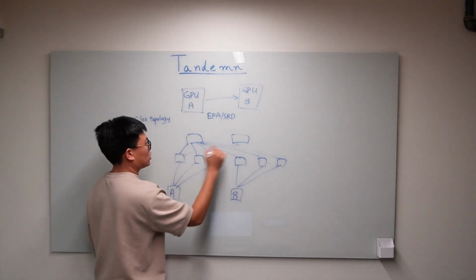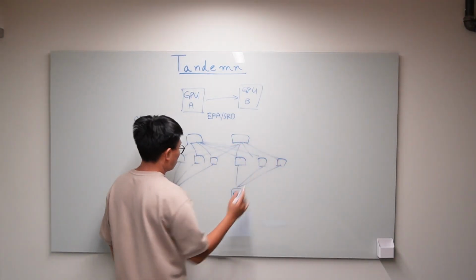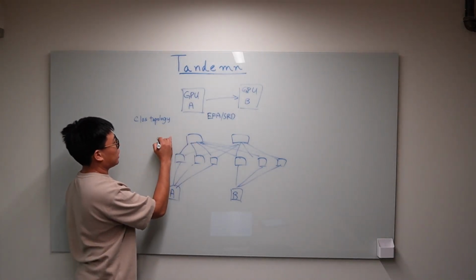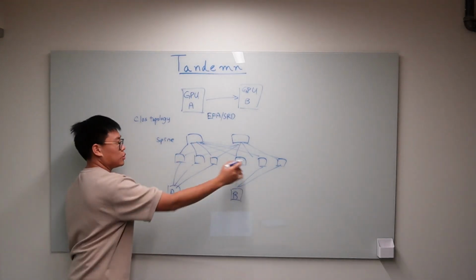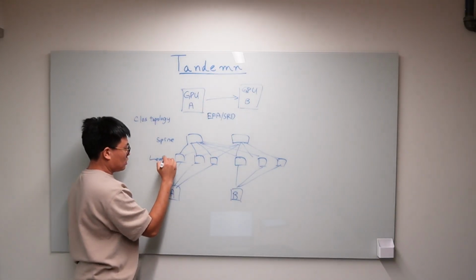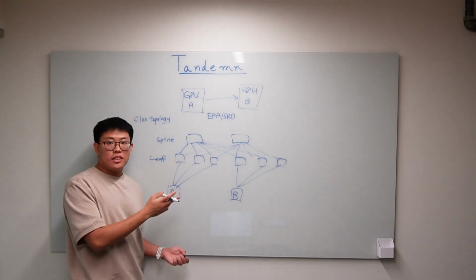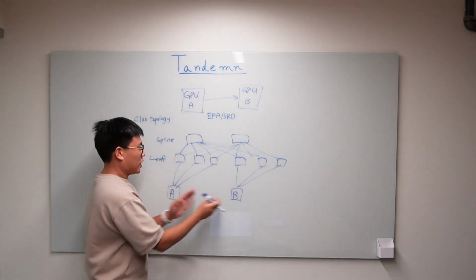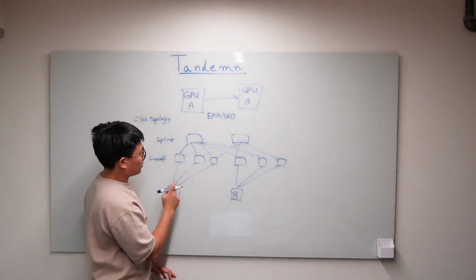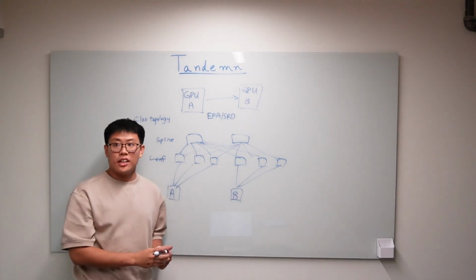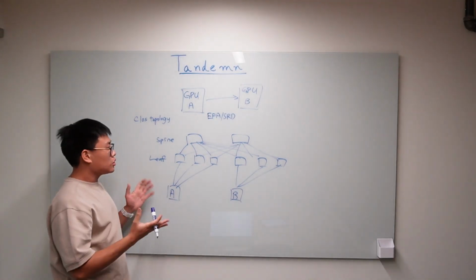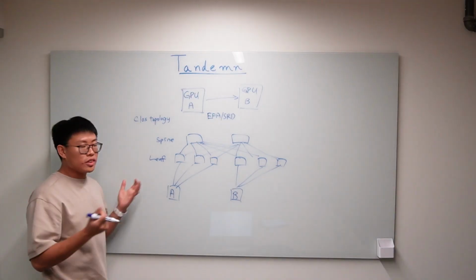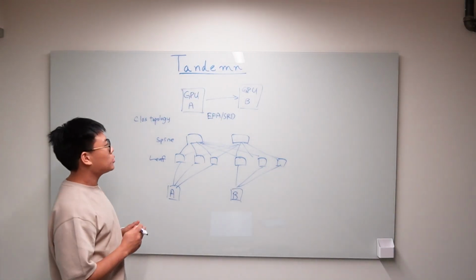And imagine if I drew lines to everything. We call this layer of switches the spine, and we call this layer of switches the leafs. So what this means is that there are actually many equal duration paths from A to B. You can go through here to go here, you can go through here to go here, and things like that. Data center networks do this to maximize bandwidth between two nodes, and this enables us to do different things with the network rather than just normal TCP/IP.